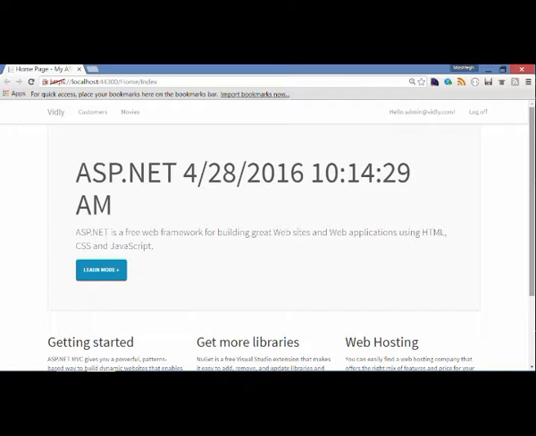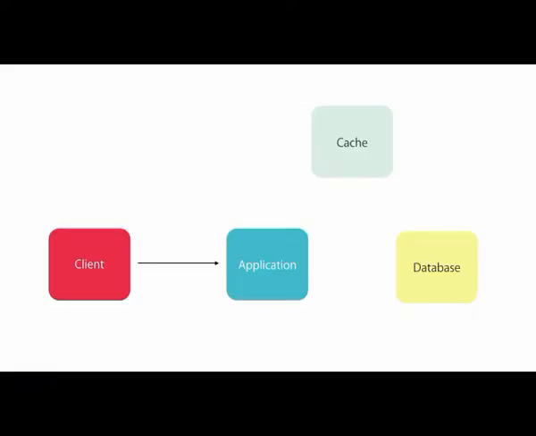Now, assuming that the data behind this page does not change that often, we can cache the output of this page, which is the rendered HTML. The first time someone visits this page, we'll query the database to get the data. ASP.NET MVC Framework will render the page and then store the rendered HTML in the cache. Next time someone visits this page, MVC Framework will serve this page from the cache, so the query will not